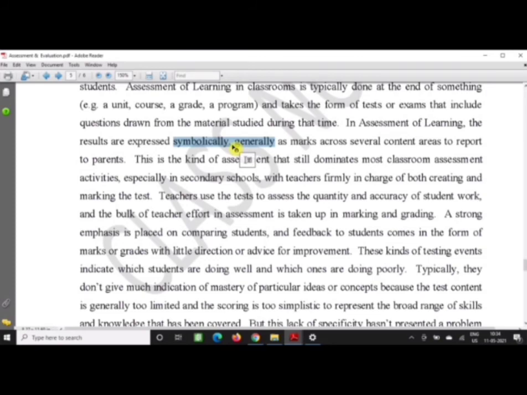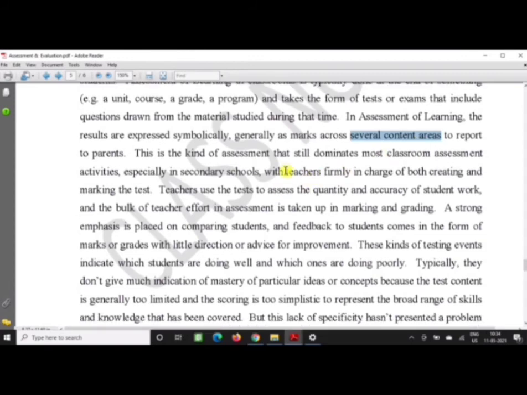That means you can give symbols like first div, second div, or excellent, certain kinds of symbols like A, B, C. Also now outstanding, O, can be given. Generally these are marks across several content areas to report to parents. Several content areas, so not only academic but also non-academic areas are covered here.